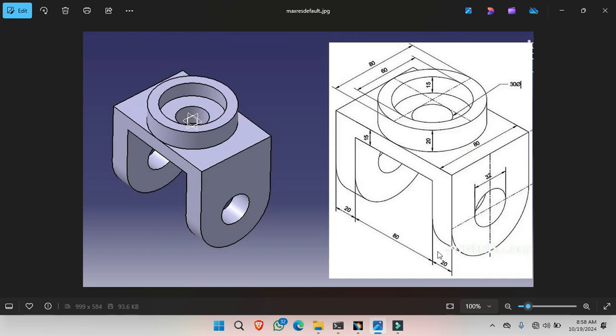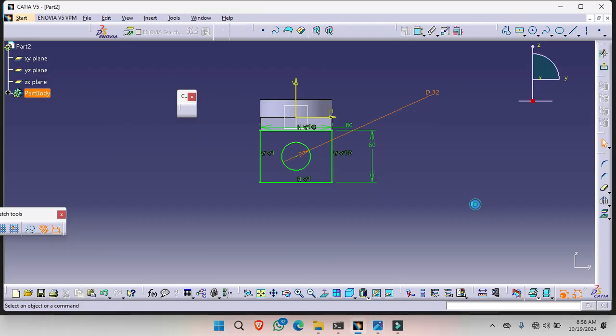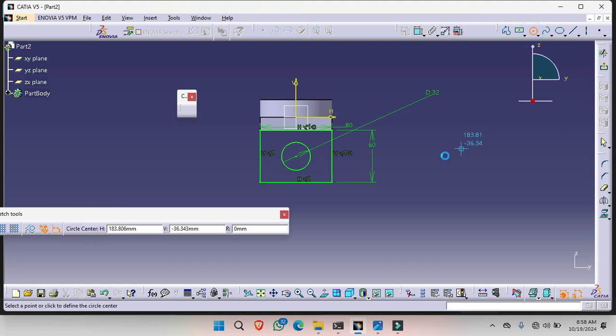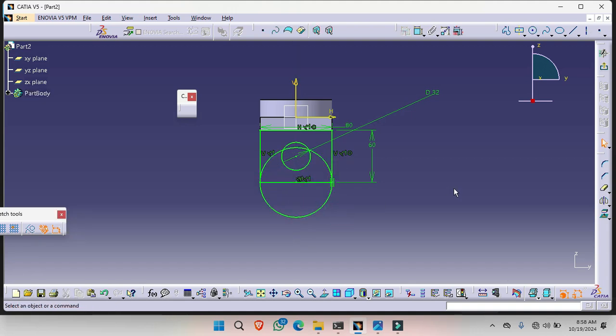Give this circle, half circle. So half circle. This dia is 80 mm. So select center circle and click on OK and remove the extra edges by the quick trim command.